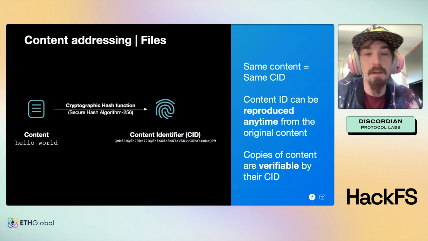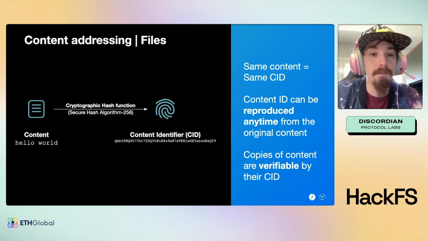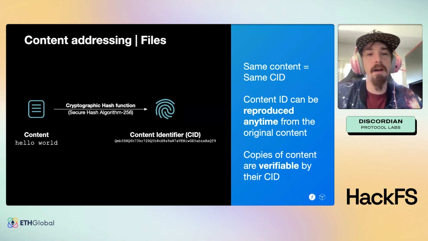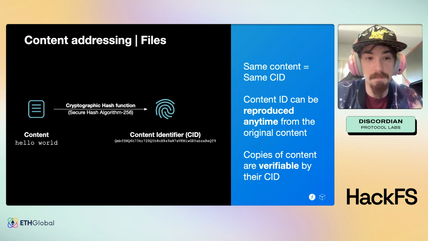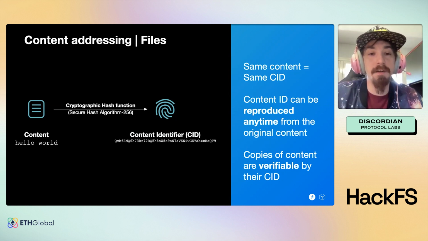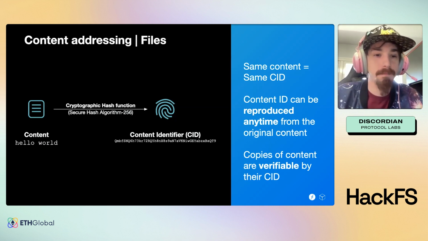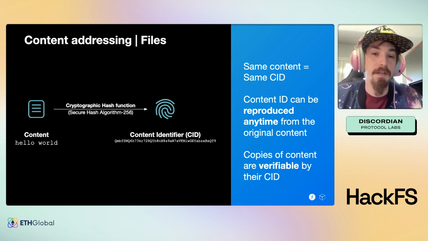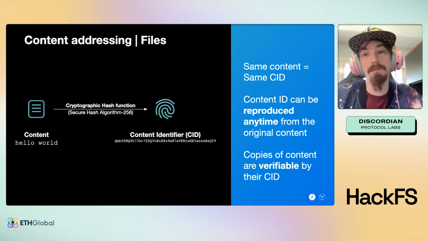Next, let's look at the key technologies making this possible. In order to have content addressing, we need to create content identifiers for each piece of information that we want to put on the network. Think of this as a kind of cryptographic fingerprint of that piece of content. Every piece of content produces a different fingerprint. All the fingerprints are of the same size, regardless of the amount of content that they represent. This fingerprint, which we named Content ID, can be reproduced anytime from the original content by hashing it. This means that if we obtain a piece of content after requesting a content identifier, we can verify that we were given exactly what we asked for.